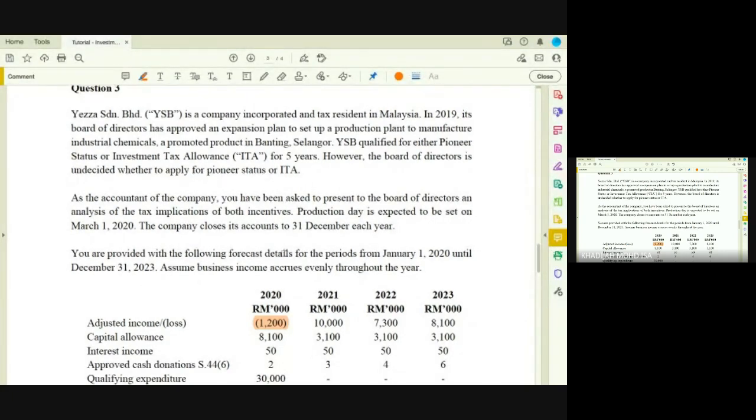Not only that, look also if there is any loss that you can carry forward in the final year of the tax relief period. So look at the losses as well. Based on the computation, you have to present, based on exempt income, chargeable income, and the losses available for carry forward, which one is better for the company. So you do columns: pioneer status, ITA. What is your exempt income? What is your chargeable income, and are there any losses? These three items you compare side by side, then you see which one is better for the company.